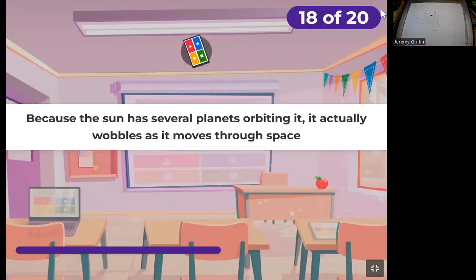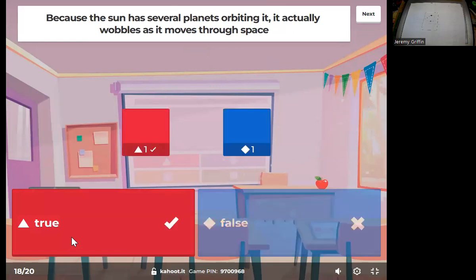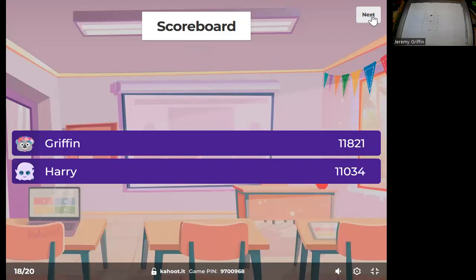The sun has several planets orbiting it. It actually wobbles as it moves through space. Yeah, that's what I was talking about with the barycenter, right? Because the sun actually revolves around the barycenter, but the sun is like 99% of the mass of the solar system. So usually you say, okay, wow, everything's sort of orbiting the sun. But yeah, I'm thinking it's actually going to wobble about its barycenter as it's going around the Milky Way, right? Our whole solar system is moving through the Milky Way. Milky Way has like spiral arms and